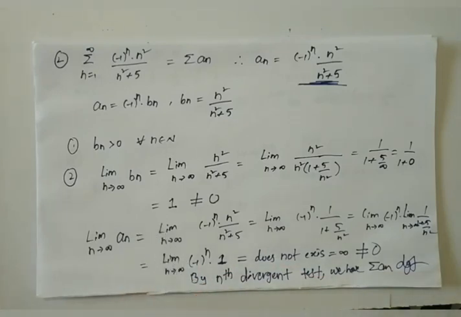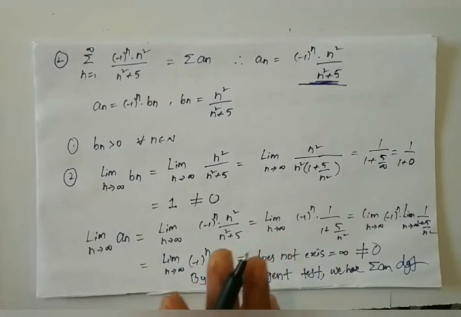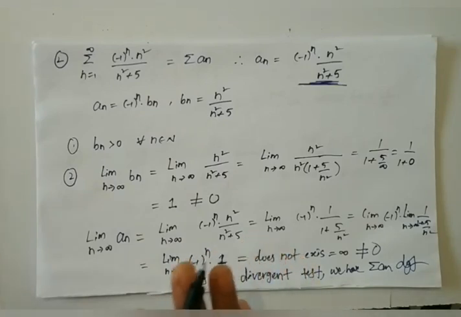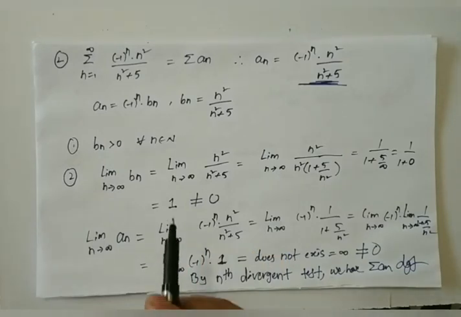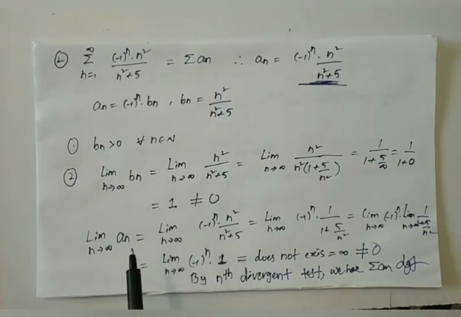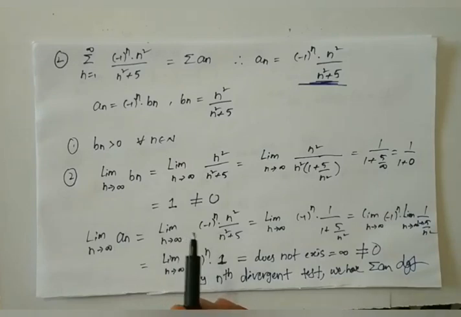That's all. If at least one of the conditions is not satisfied, then we can say that the given series is not convergent. That means in this case the given series may be divergent, not exactly divergent, may be divergent. But here, if the second condition, that is the limit of bn equal to 0, is not satisfied, that means the limit of bn is not equal to 0, then it is better to go for the nth term divergent test. That's all.